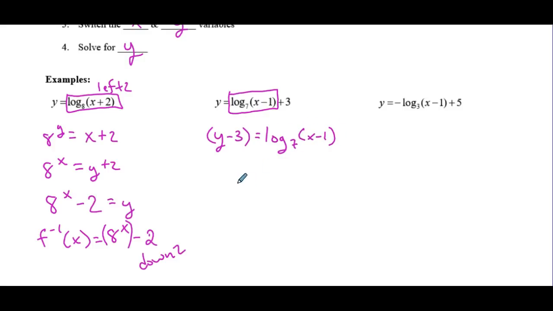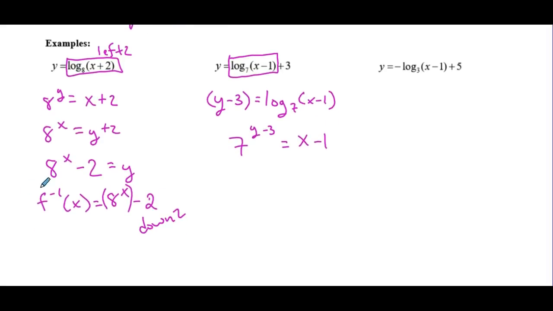Now I want to convert. So I have 7 raised to the y minus 3 equal to x minus 1. Okay, so again, all I did was take this y minus 3 and put it with the 7. And this x minus 1 is now by itself. So that is rewriting in exponential form. All I've done is rewrite. Now, when I switch x and y,